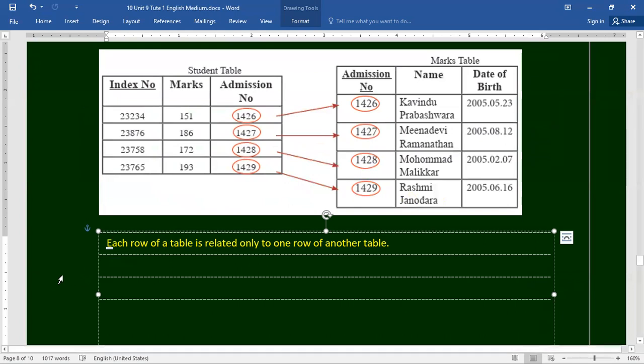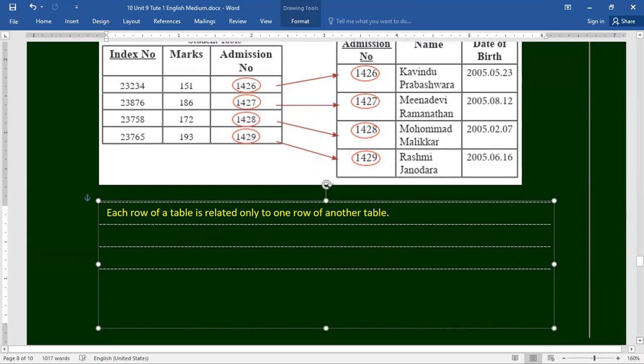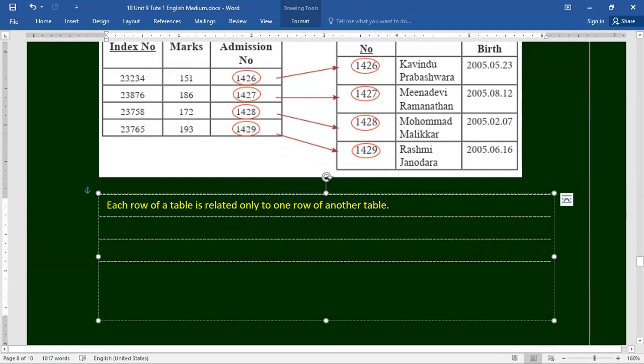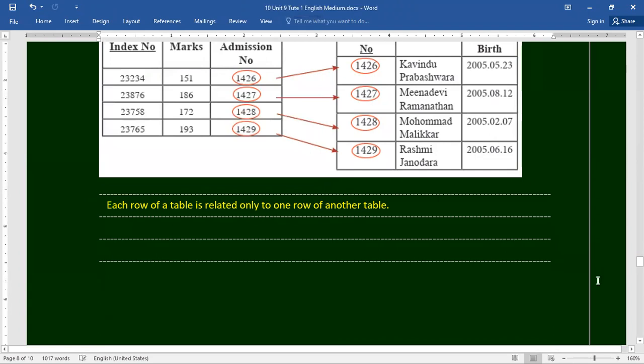Each row of a table is connected to only one row of another table. Each row of a table is related only to one row of another table.